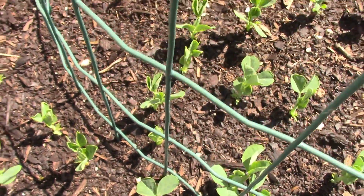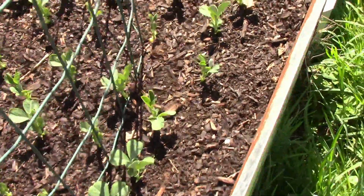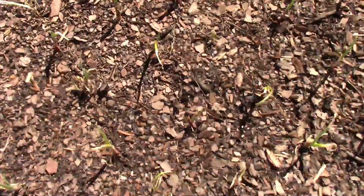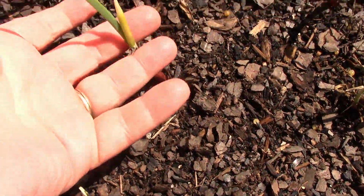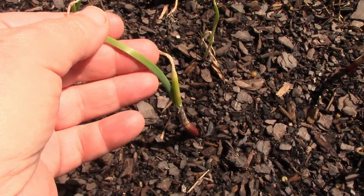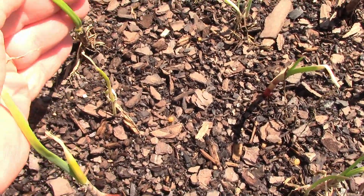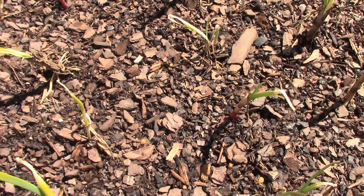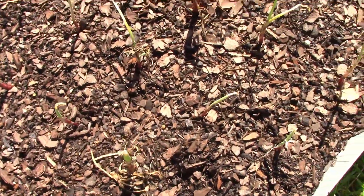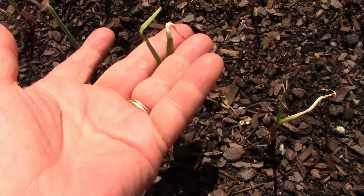Absolutely love fresh new green growth so early in the season. And now we are over here in the bed where Mark put in the red onions, and they are greening up. Now when you get these, they are a little bit dry and a little bit wanting, but we went ahead and we gave them all kinds of nice nutrition to get up, and it has rained, and